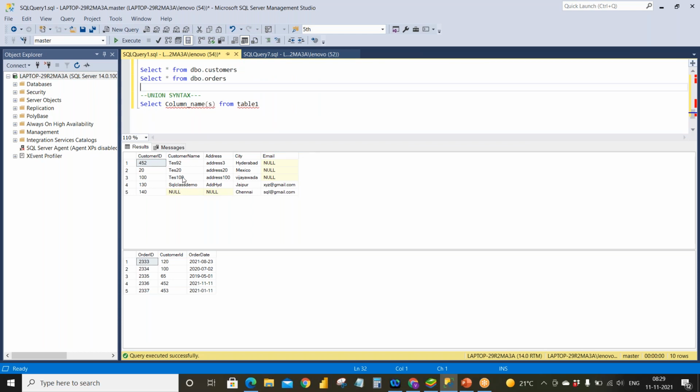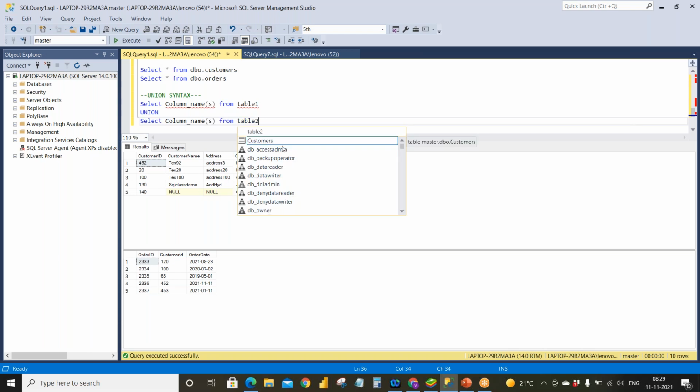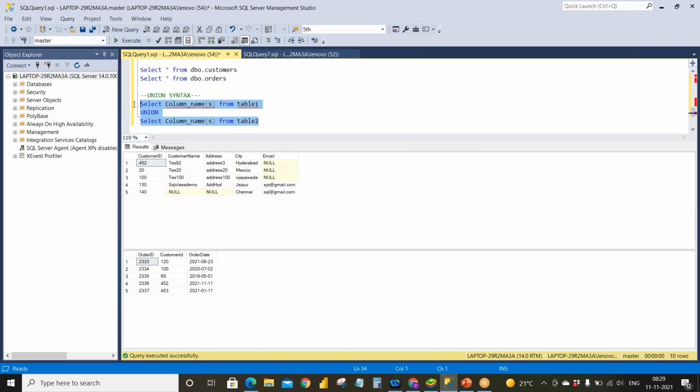If you want to match the number of columns or the order, by simply giving the column names correctly, you can match it. Union is a keyword, then table 2. Similarly, we have the union all operator as well.